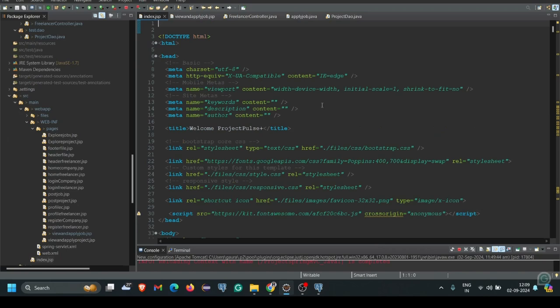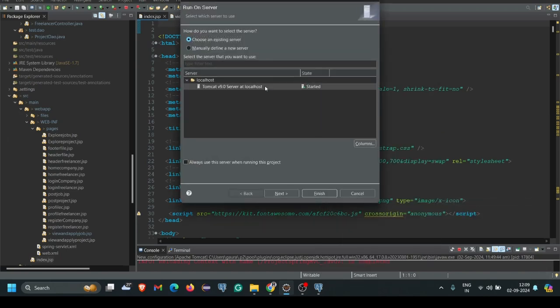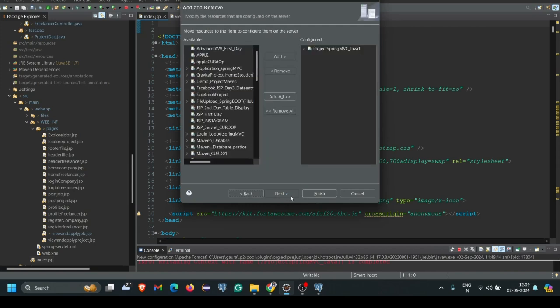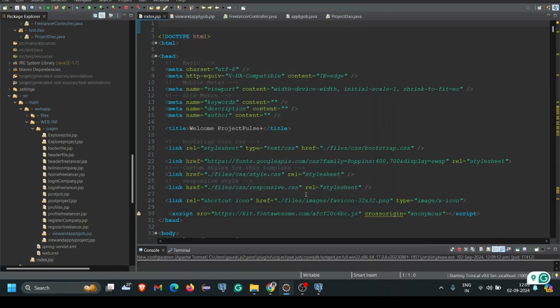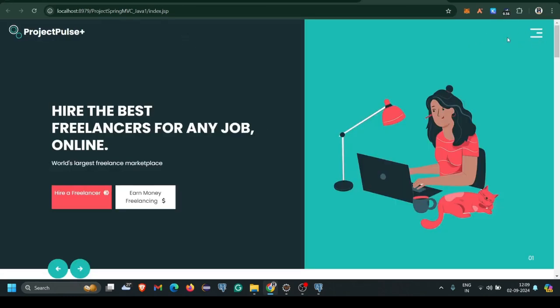For that I have to rerun my project, that is, run on server, Tomcat 9. Next, click on finish, and let's check whether it is working or it will give some kind of error. Okay, let's wait some time, and here you can see the project is successfully loaded. I just removed the previous project,